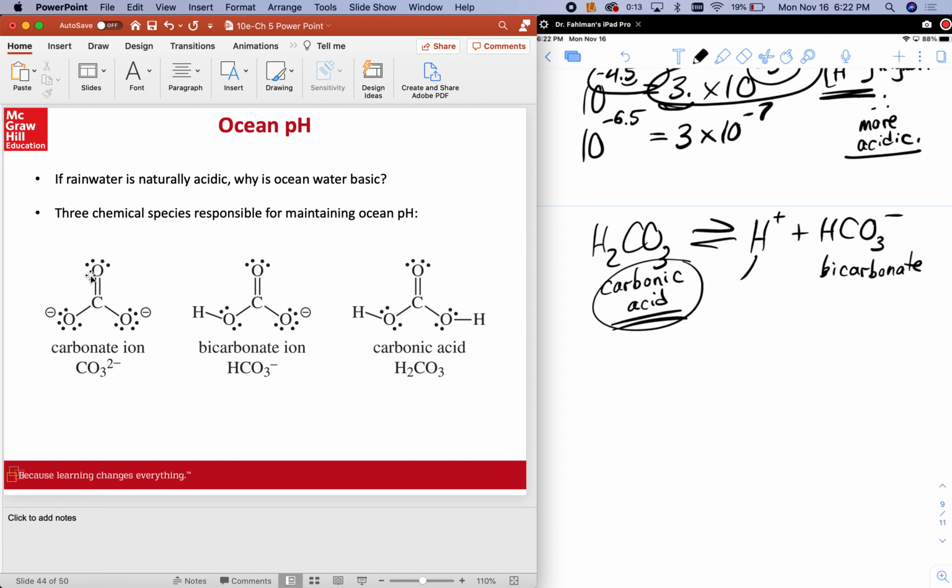Okay, so this is why seawater has a fair amount of these carbonates, and that's why, for instance, mollusks rely on carbonates to form their shells. Okay, so there's a fair concentration of this in seawater, and so that reacts with protons and removes them from seawater, which gives it more basicity. But